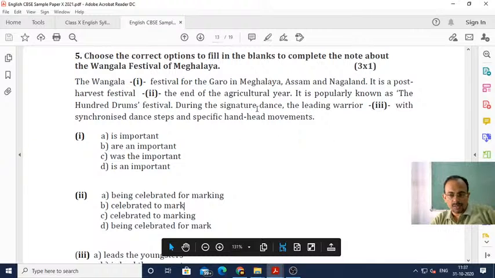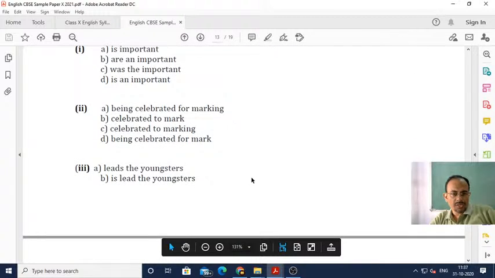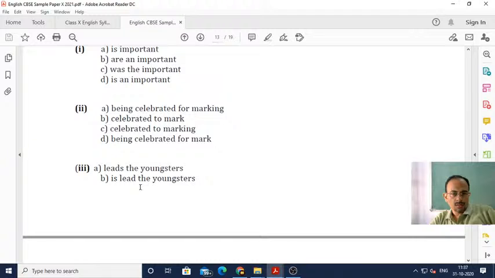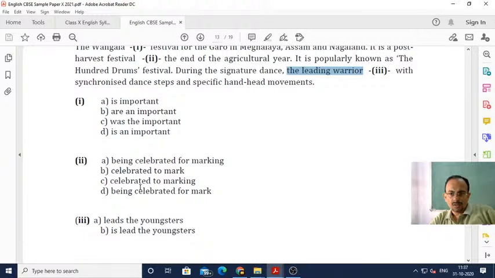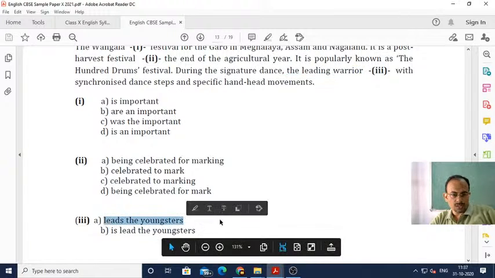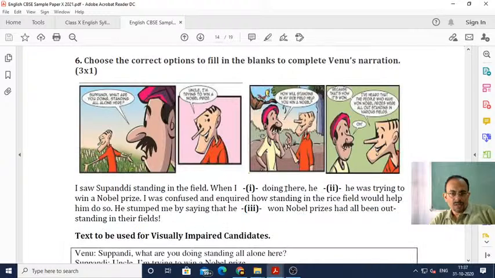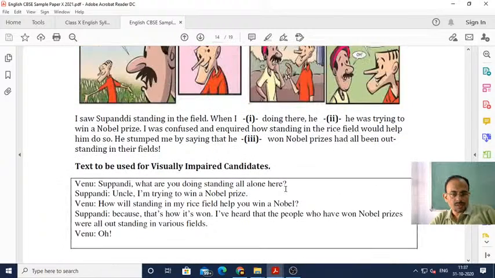The leading warrior leads the youngsters with synchronized dance steps and specific hand-head movements. So it can be leads the youngsters. Okay, the leading warrior leads the youngsters. Okay, so that's it. And then this is, for example,